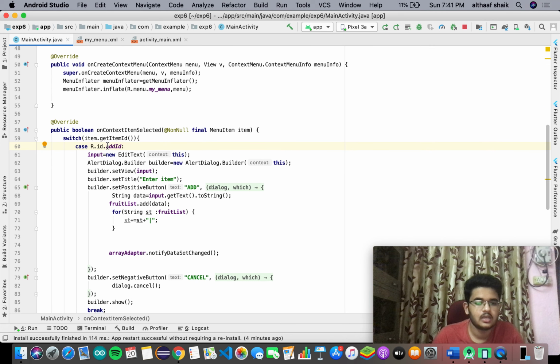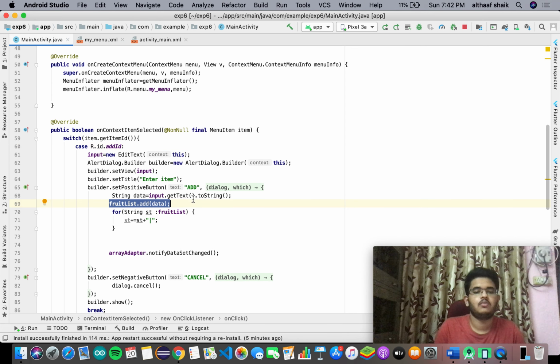When you are using switch case, case R.id.add, if it is like this, then we have to display an alert dialog box, from which we have to take the input, and then we have to give it to the array list.